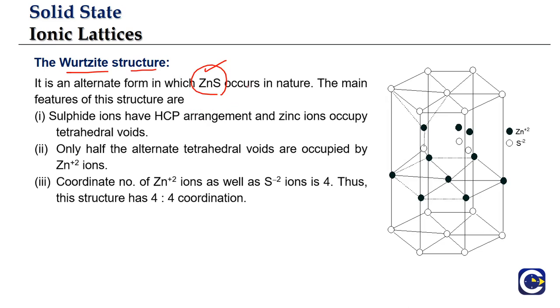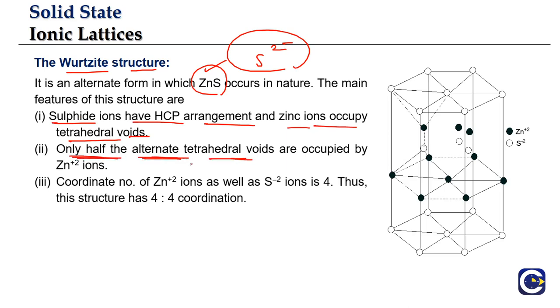In the Wurtzite form, here also the cations will be occupying the tetrahedral voids. Alternate tetrahedral voids is where the cations will occupy. There is no difference in that, but the difference will be coming in terms of the arrangement of the sulfide ions. Remember, in the normal zinc blende structure, sulfide ions are forming what? Sulfide ions are forming CCP. Here, sulfide ions will form the HCP arrangement. And the zinc will be occupying the tetrahedral voids. They will not occupy all the tetrahedral voids. They will be occupying only half of them or alternative tetrahedral voids.